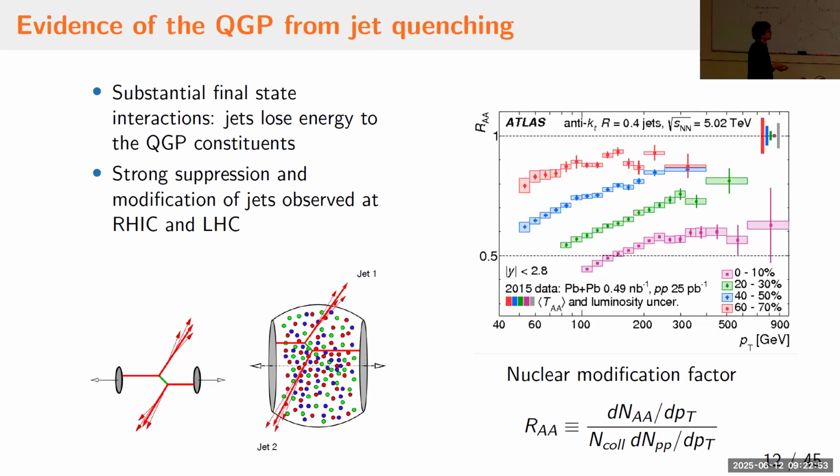So this strong suppression was observed early on at RHIC in the suppression of high pT hadrons, and later on at the LHC using fully reconstructed jets. This is a depiction of the type of interactions you could see here. This is a proton-proton collision, a dijet system. Once the parent parton is produced, the offspring will just propagate and fragment independently in